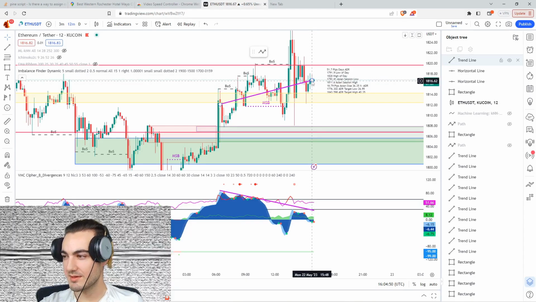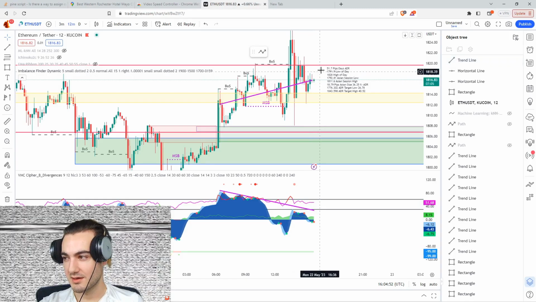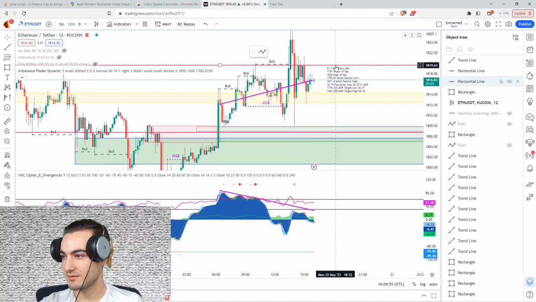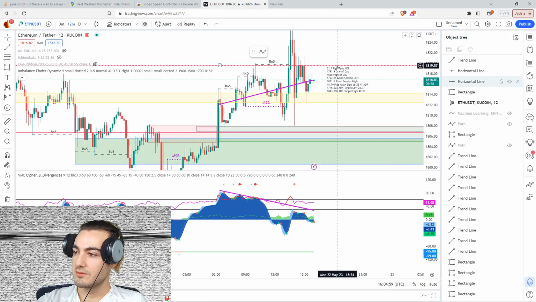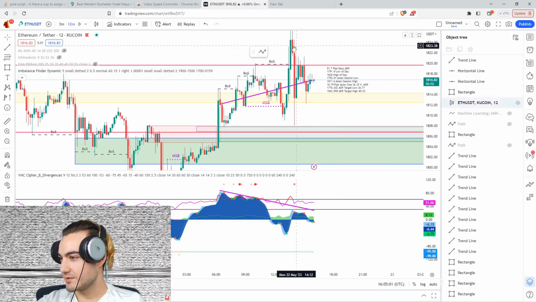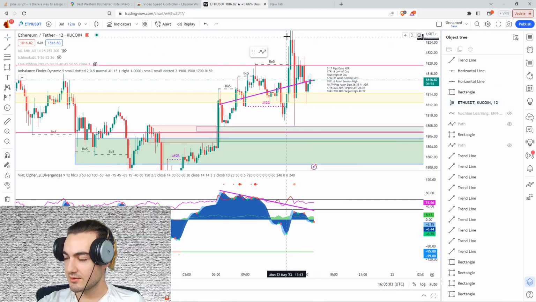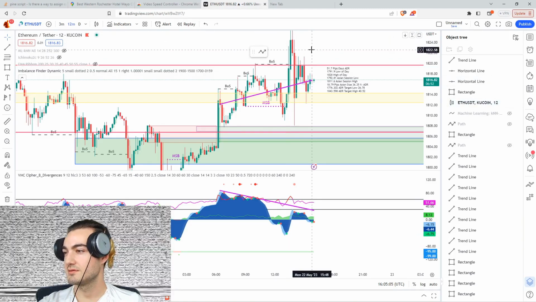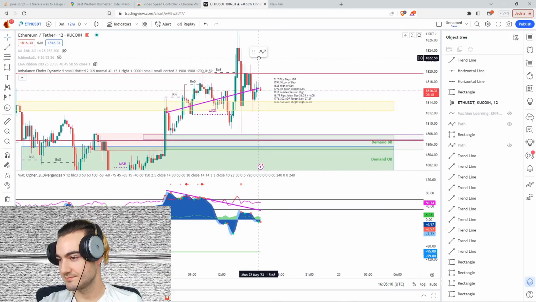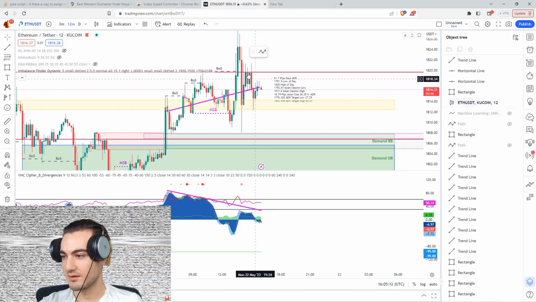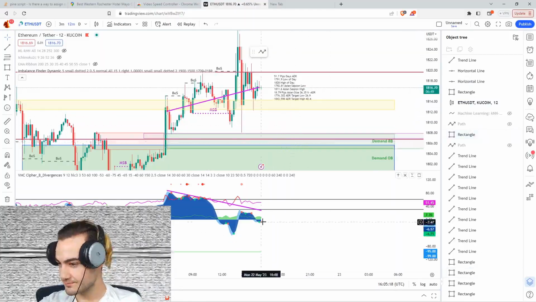So price may be becoming exhausted as it approaches the top of the fair value area, or the range, or whatever you want to call it. We did just have this deviation up here from the range, which could have been perhaps the last hurrah of price for a little while, and then we would be looking at a